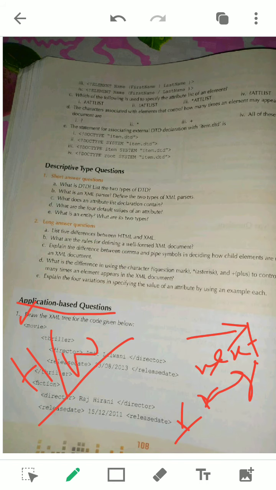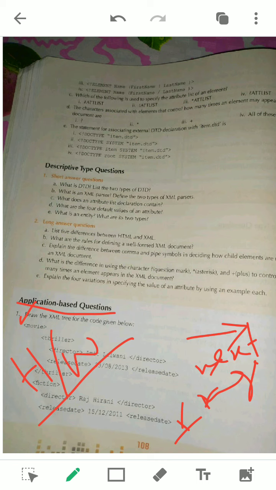Okay, so today up to this much. Try to write all the XML trees that you find in your book. All the codings and XML trees must be practiced, because the XML tree is very important, and it comes with 4 marks. And in this chapter, as you know, there are 12 marks. So out of 12 marks, if you get 4 marks, it is very free, because there is nothing to learn from here, you just need to draw a picture. And remember, sometimes a tree is given and from the tree you need to write the XML code. That is very easy if a tree is given.